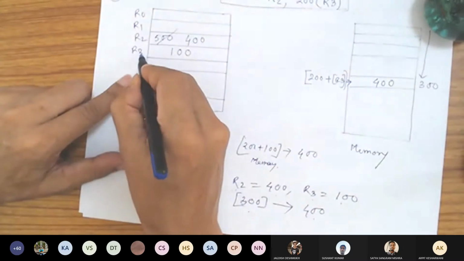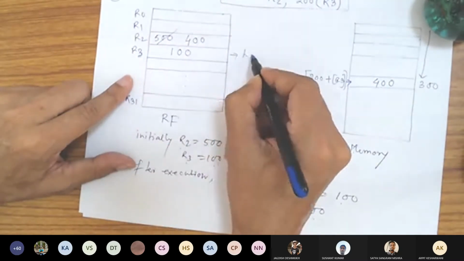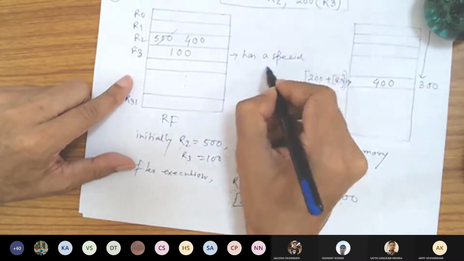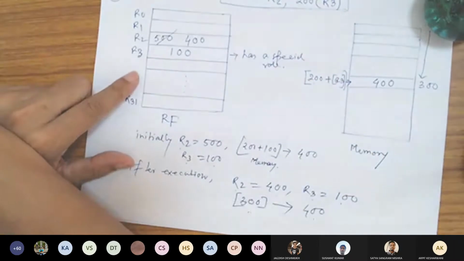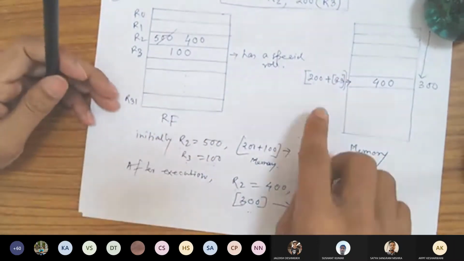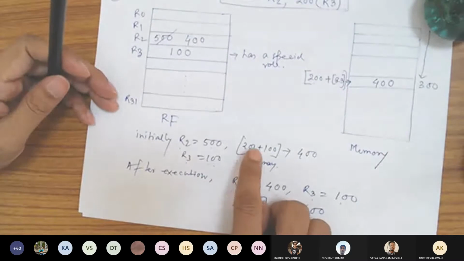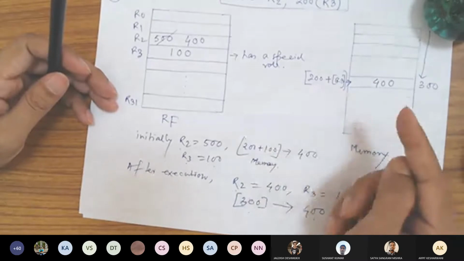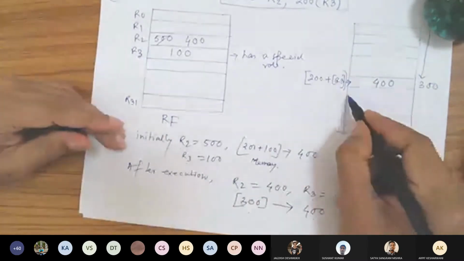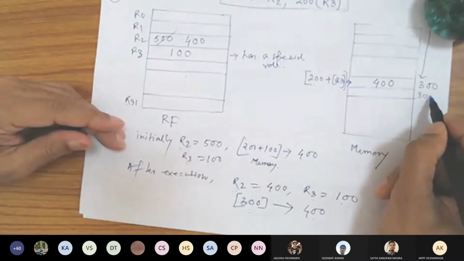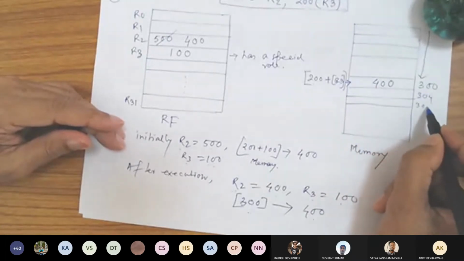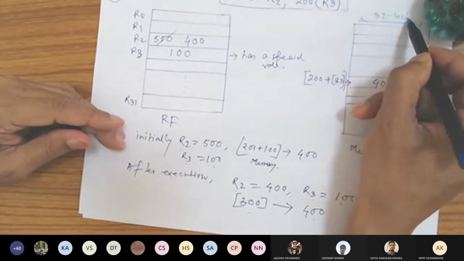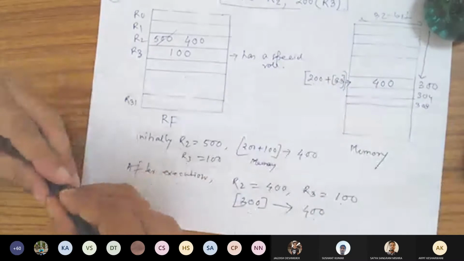So now you can say that this particular register R3 has a special role. It is acting as a base. If you just change this 200 to 204, you get the next integer. If you make it 204 to 208, you get the next integer. I mean to say, you get the next address. This is 304. Next address is 308. I told you this is basically a 32-bit machine, so every memory location is of 4 bytes.